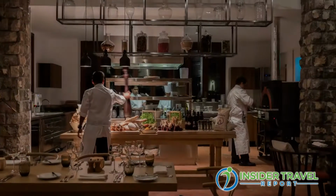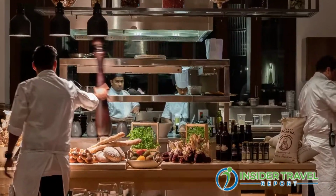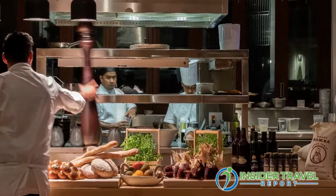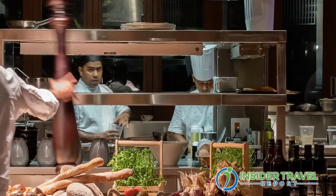The main feature of all 3 restaurants in our property is that all 3 of them has an open show kitchen. So the guests literally come into the kitchen to say hello to the chefs before they proceed to the dining area, which makes it more unique because as you can see in today's dining world, the food is everything. It's like a show. Absolutely, yeah. So it looks like you watch a live show and you see the chefs cooking for you. You can see what kind of cooking practices, of course...